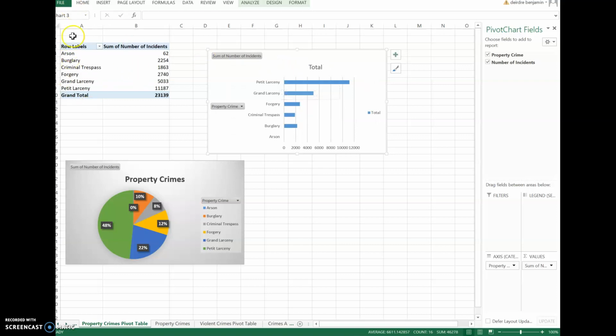So all of the information you need for your PowerPoint is right here. If you would like to make one slide with all of it, no, I'm not even going to give you that option. Have 3 slides. So slide 1 should say property crimes, and then you should have the data, and then the next slide you should have as your bar graph,